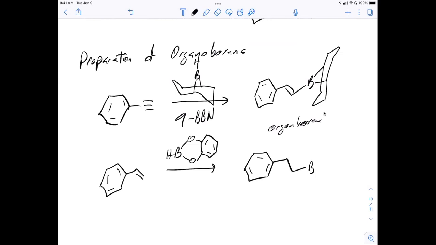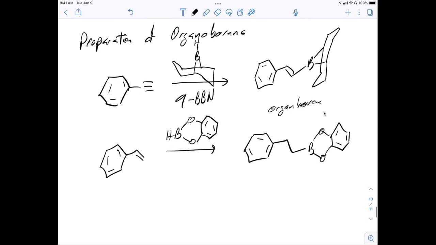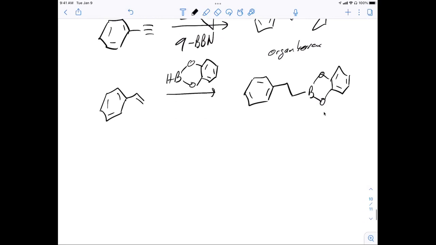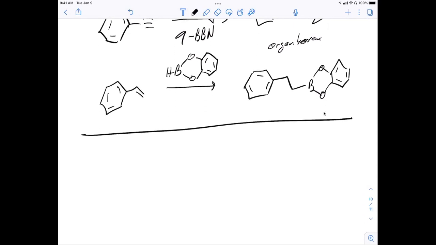We lose that double bond, but now we have the borane. Okay. Questions about this one? So Stille is very similar to Suzuki. The next one,